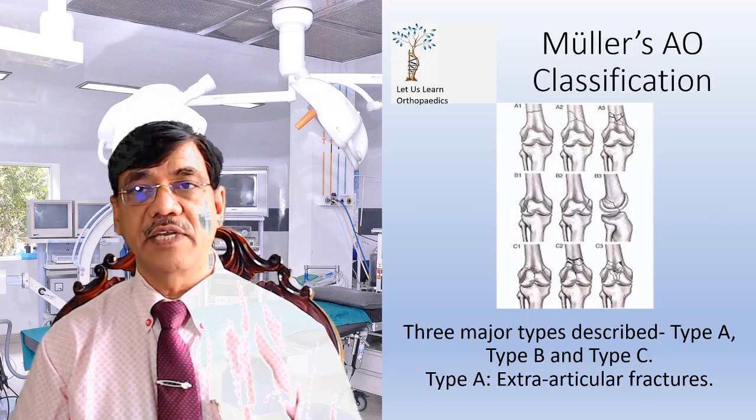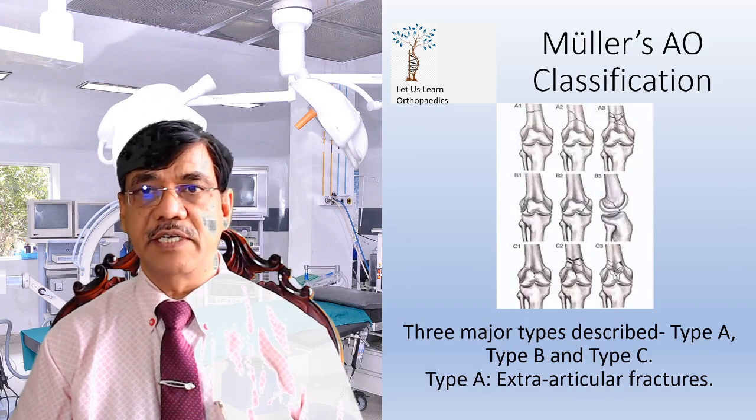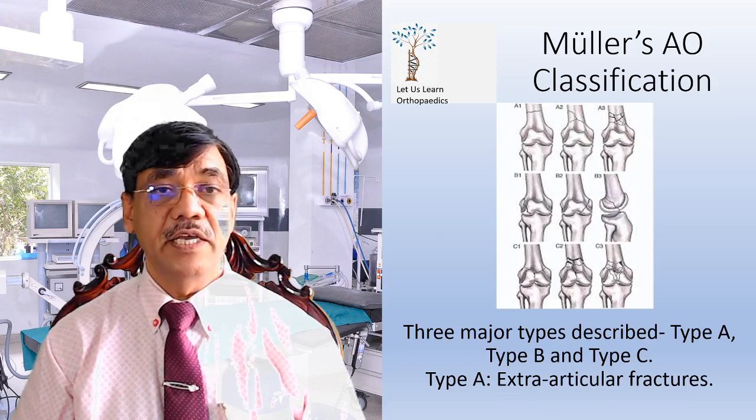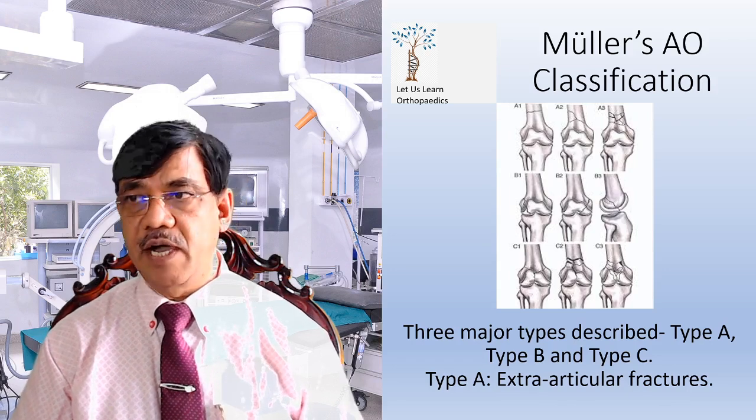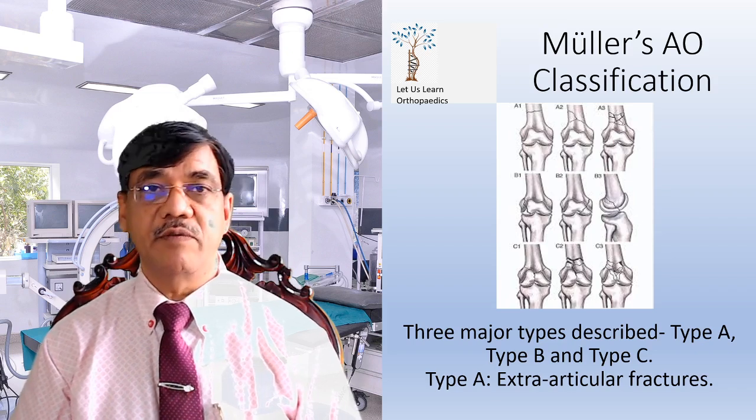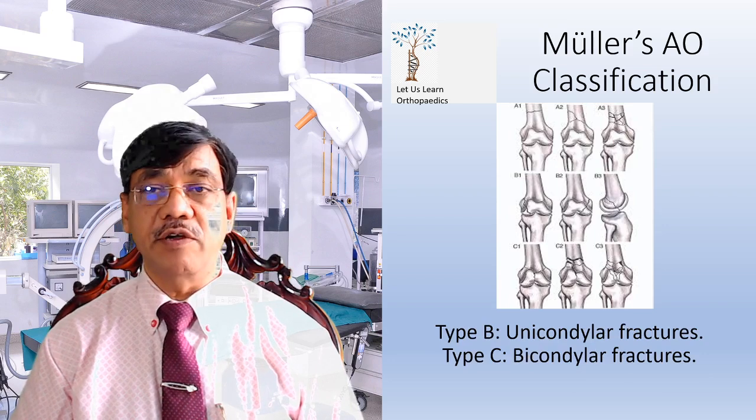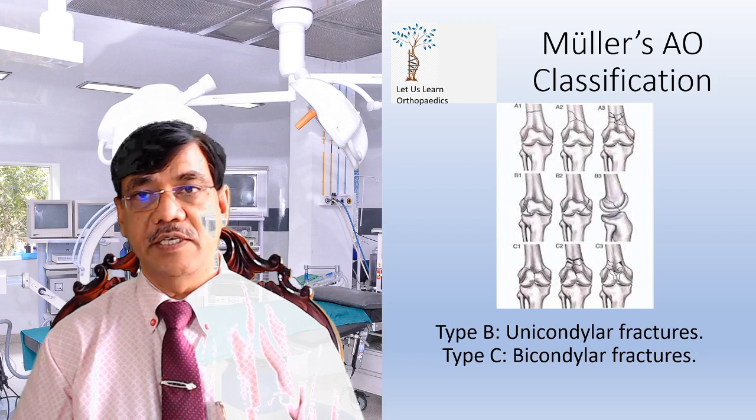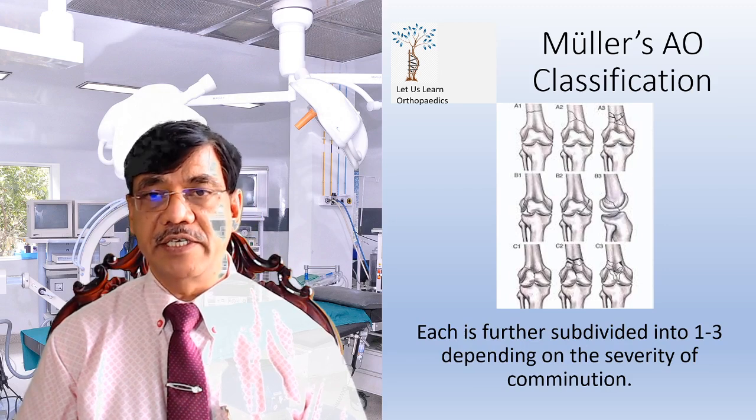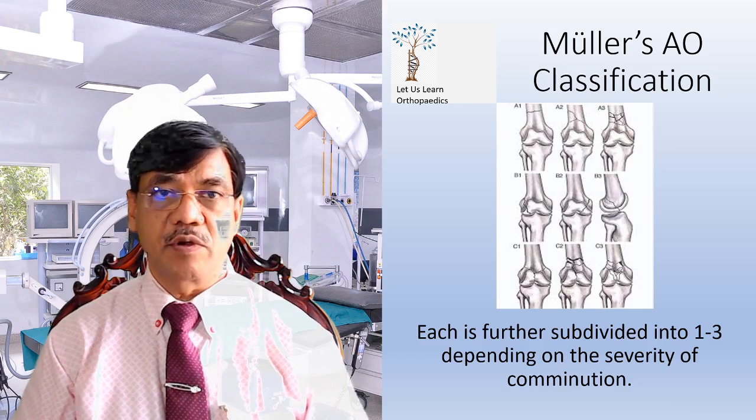Mueller's classification has been accepted by AO people, and again the same 3 major types are described: type A, type B, type C. And type A are mainly the extra-articular fracture. You look at the upper row, that is the type A. All fracture lines are running extra-articularly. Type B is a unicondylar fracture, and type C is a bicondylar fracture. Now each type A, B, and C is further subdivided into 1 to 3 depending upon the severity of